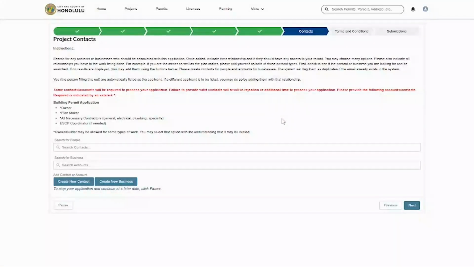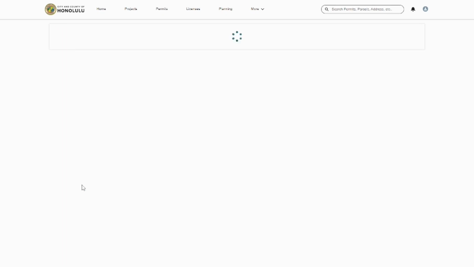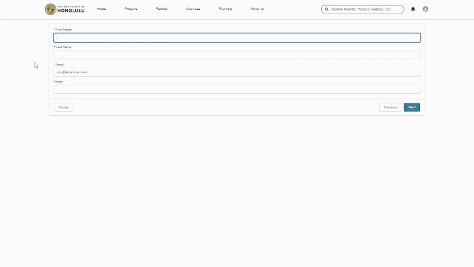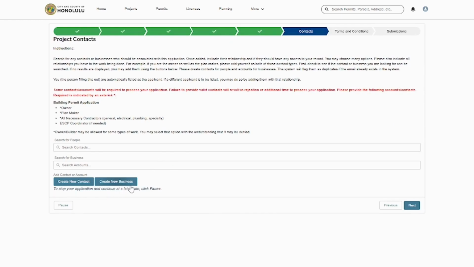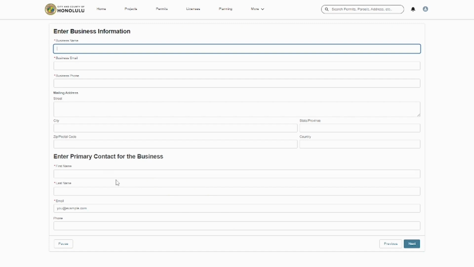Now, search for any contacts or businesses who should be associated with this application. Once added, indicate their relationship and if they should have any access to your record. Also indicate all relationships you have to the work being done. For example, if you are the owner as well as the plan maker, please add yourself as both of those contact types. You, the person filling out this form, are automatically listed as the applicant. If a different applicant is to be listed, you may do so by adding them with that relationship. Once you list the planner, owner, all necessary contractors, and ESCP coordinator if needed, then you can proceed to the